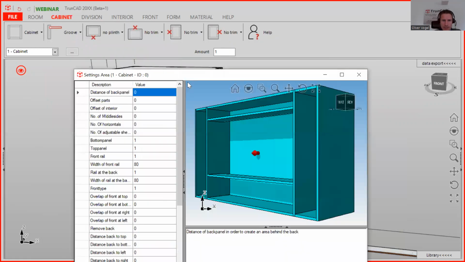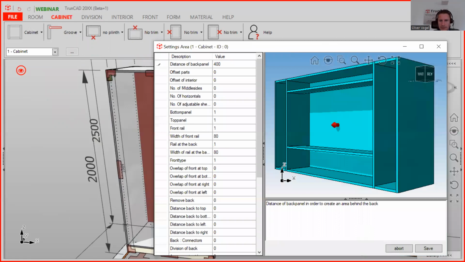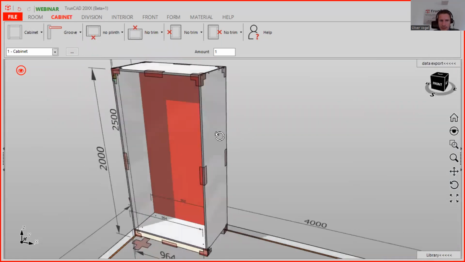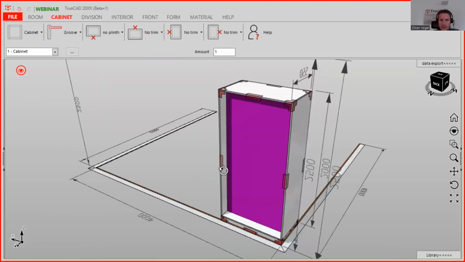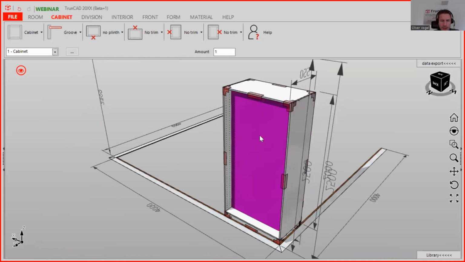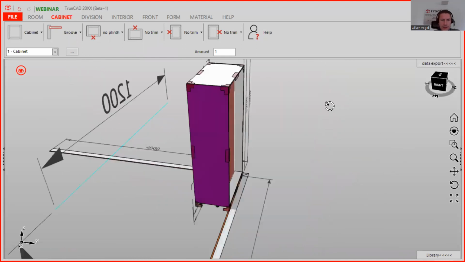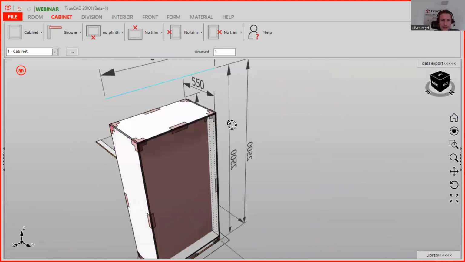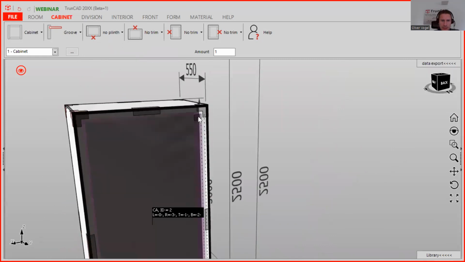When you type in like 400 and you save it, then you see the back panel is coming ahead, and here you have a different area. You see this area also has a row of holes, and you can let it disappear when you click here on this smart click,